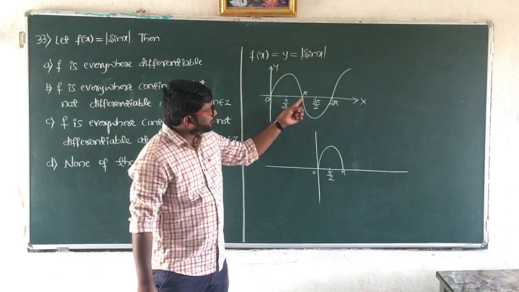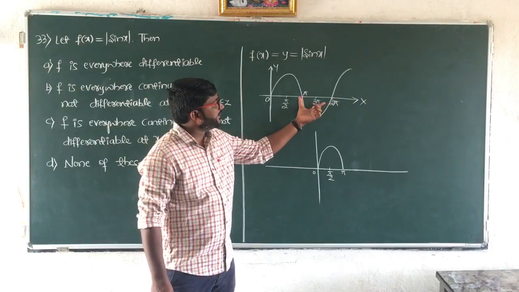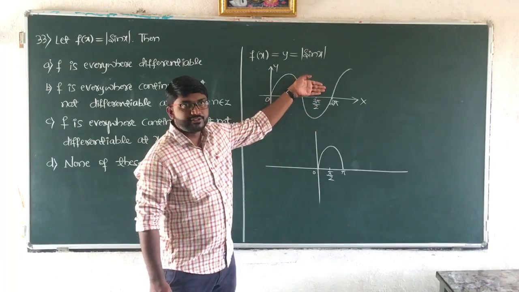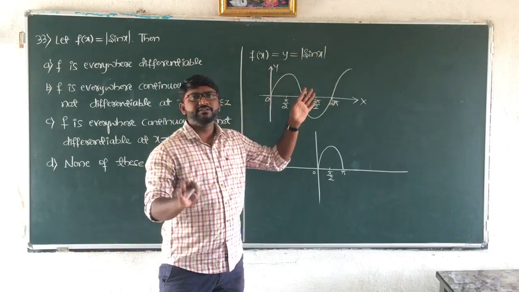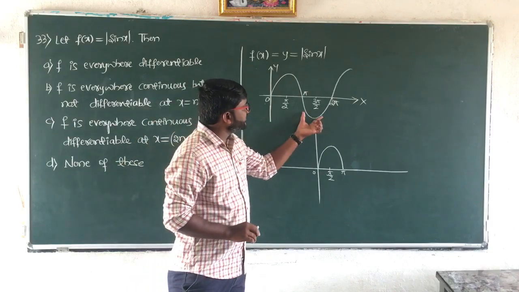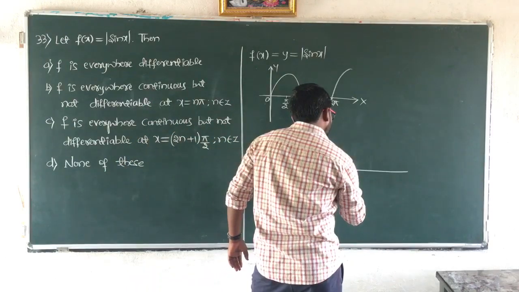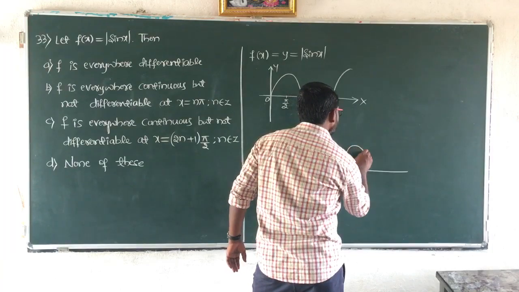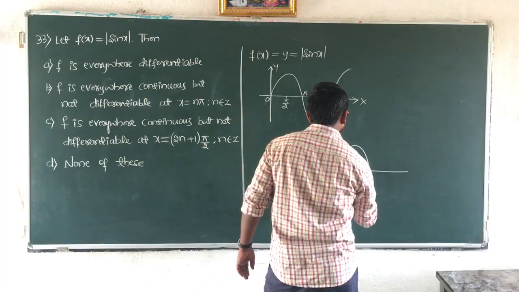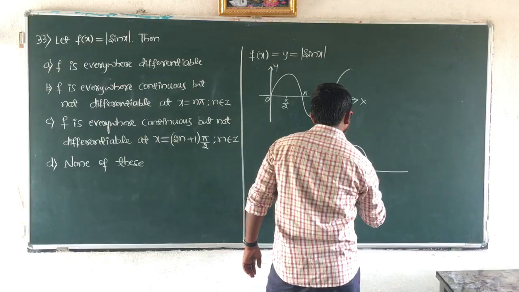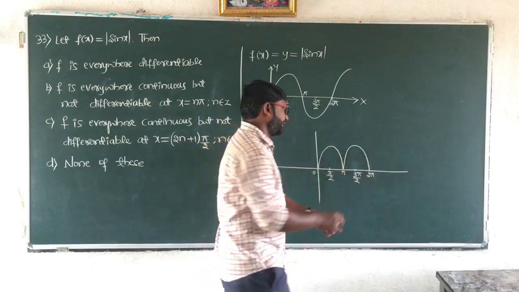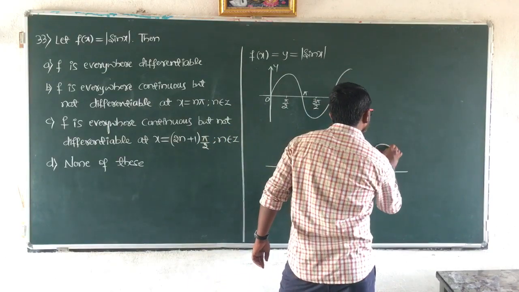So now from pi to 2 pi the graph of sin x lies in the negative axis. So now this has to be shifted to the positive axis because we have the modulus sign. So what does the modulus sign indicate now? Even if it is negative, we have to consider that as positive. So this graph will be shifted to the positive quadrant. So the graph will be something like this. So this is pi by 2, 3 pi by 2, and this is 2 pi. And then next one it is 2 pi to 3 pi. So it is this one.